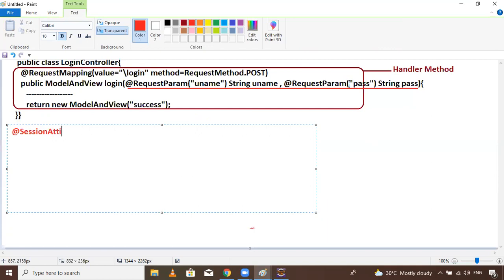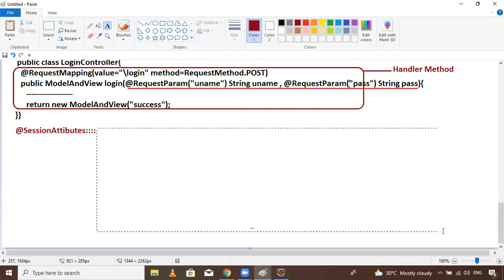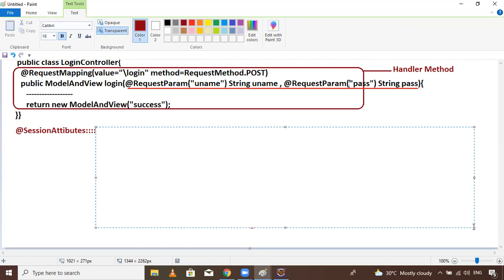This is attributes. A beautiful annotation, really, really good. Great annotation. So now write it down. This annotation is used